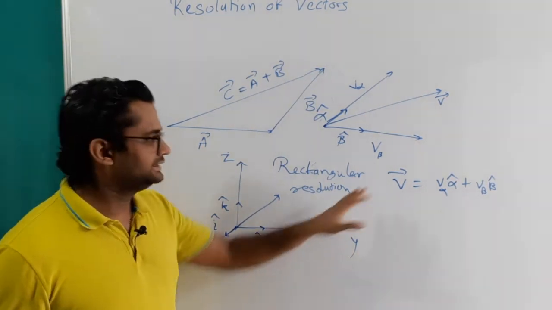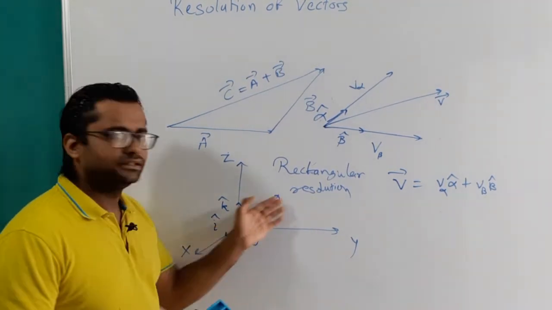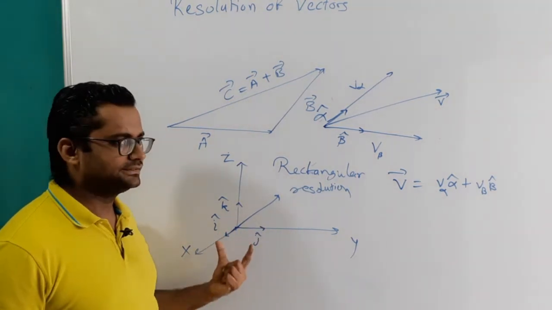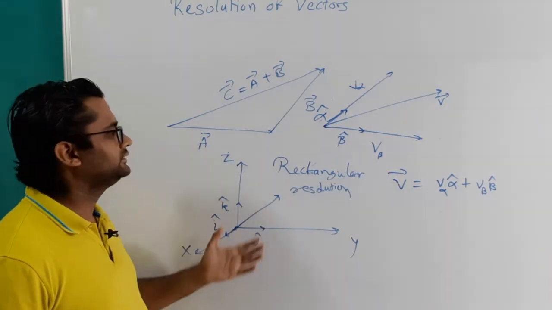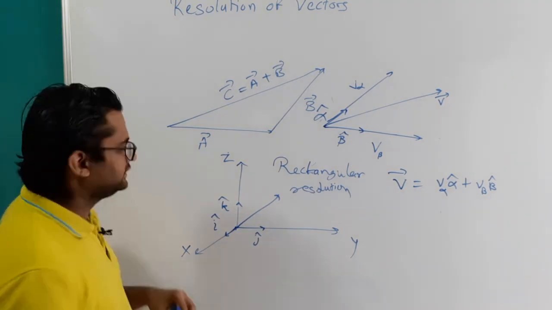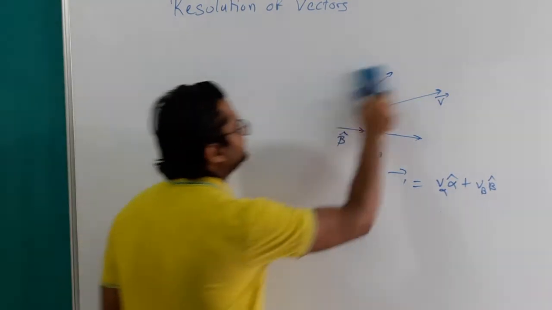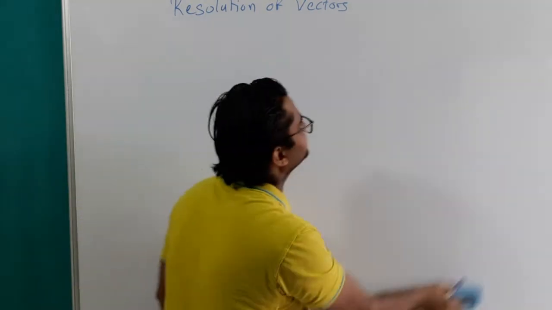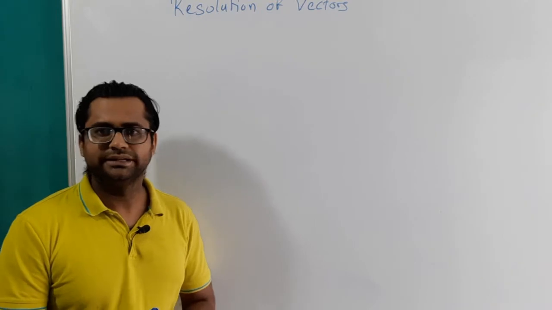Okay, so this is any vector. This kind of process, where we split a vector into other vectors which are along the xyz axes, or along particular axes, this kind of splitting is called resolution of vector. Now let us take this rectangular resolution in more detail, since we will use this throughout 2 years, 11th and 12th. In both years we will be using the rectangular components.